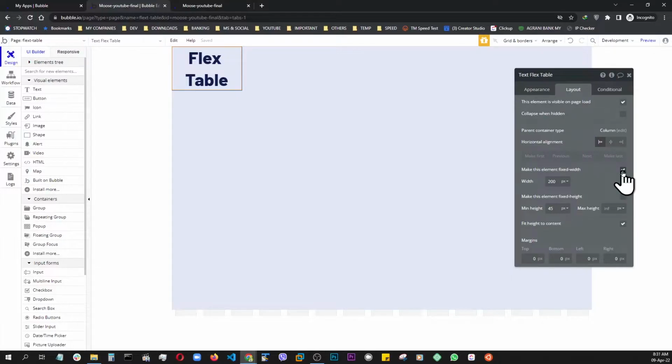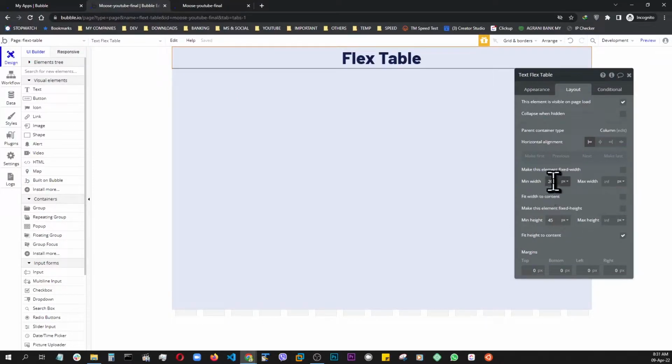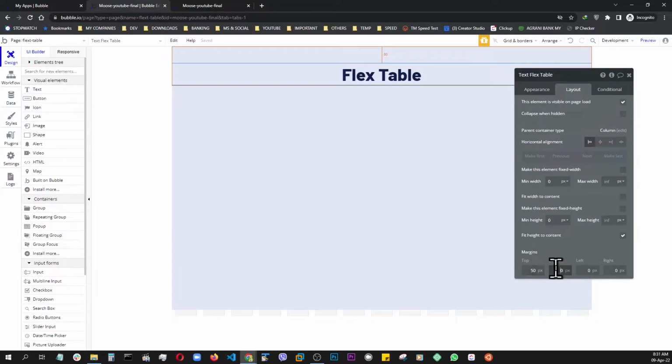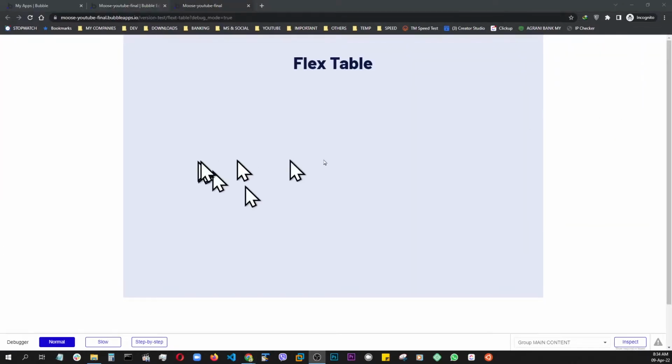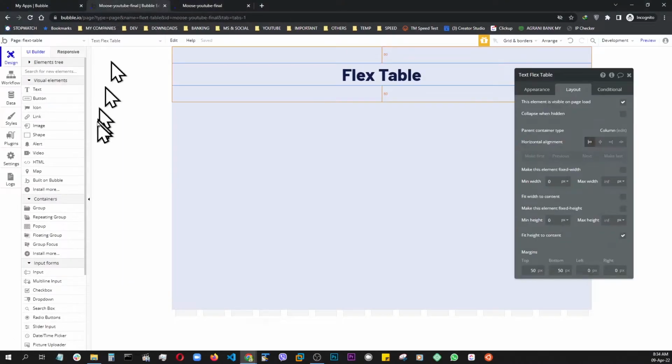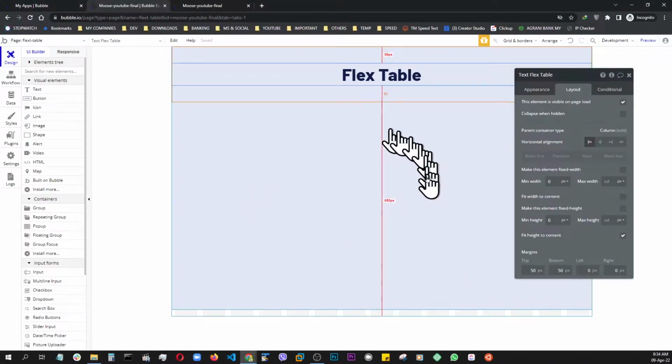Let's take out the fixed width, and the minimum width should be 0 and minimum height should also be 0. And now we're going to add a top margin of 50, bottom margin of 50. Perfect. Let's do a preview. There we have it. Alright, so let's go back to our editor now and get started on the main part,